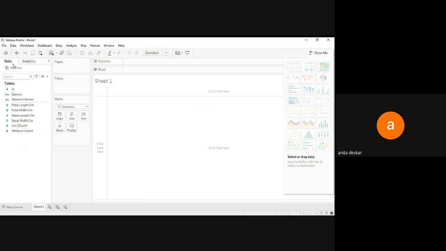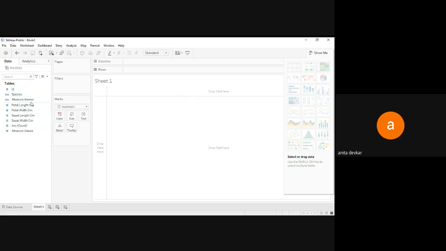And you can see here two tabs, that is the data tab and the analytics tab. Again, in the data tab, the tables appear. Under Iris, whichever tables are there will appear over here. This is for the left side pane. If we are on the data pane, we will see the list of all the open data sources, and we select fields from these data sources, either dimensions or measures.